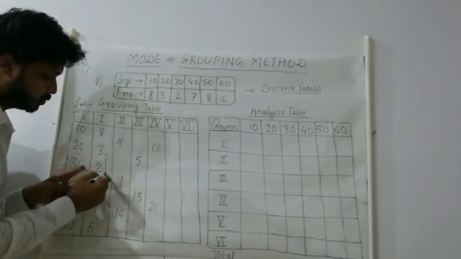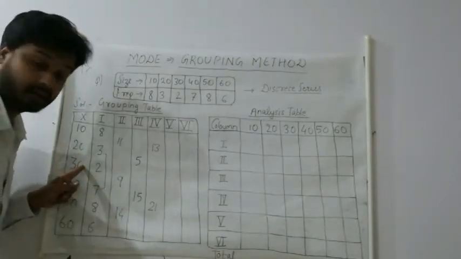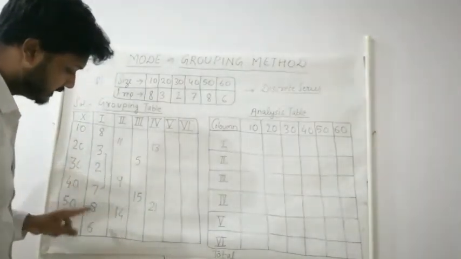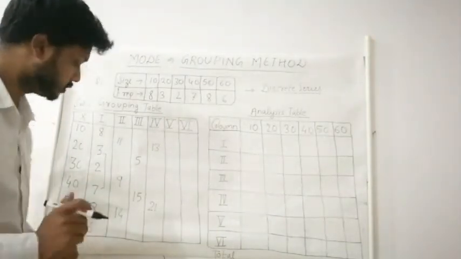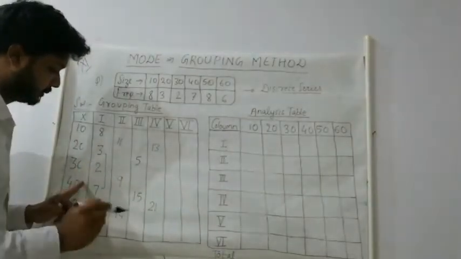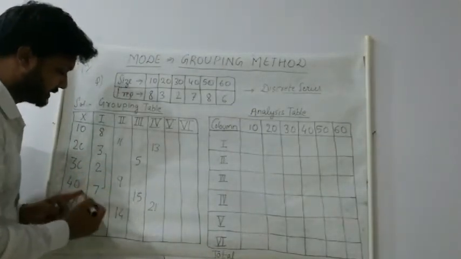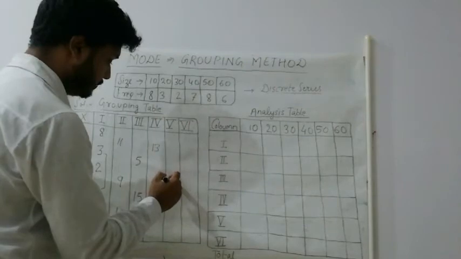See here, starting from the second number: 3, 2 and 7. One pair will be made. For the second pair we see that only two numbers are there, but we have to make a pair of three numbers, so it is not possible. So only one we will make. 3 plus 2 is 5, and 7, that means 12 will come here.